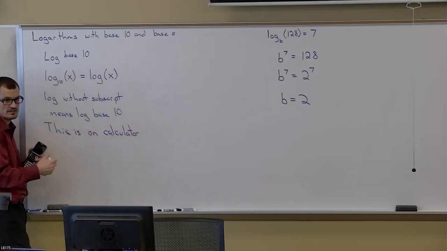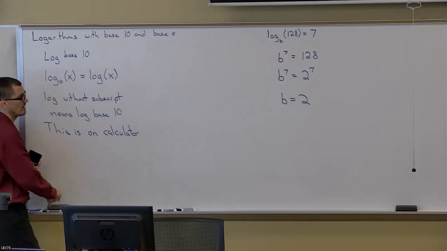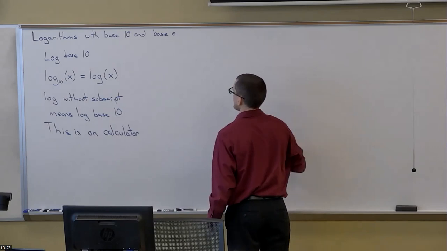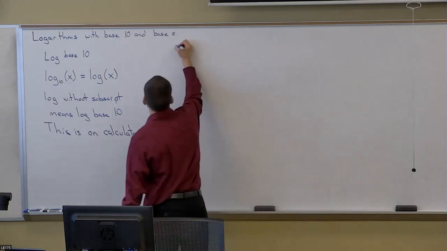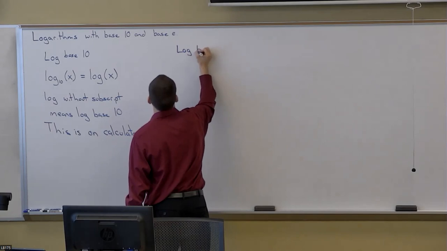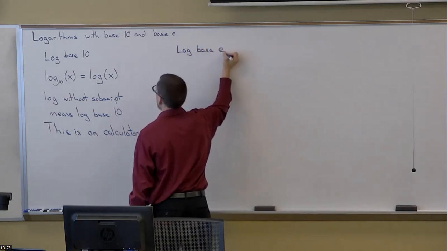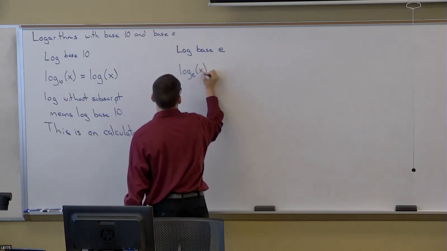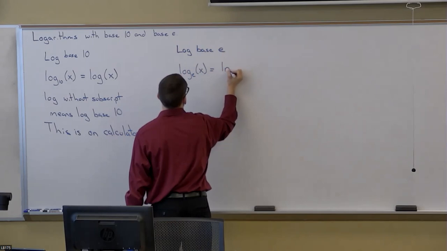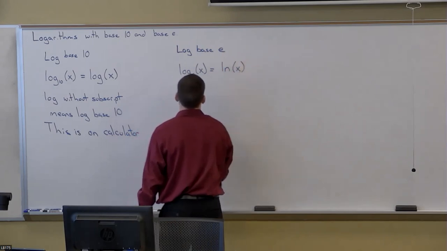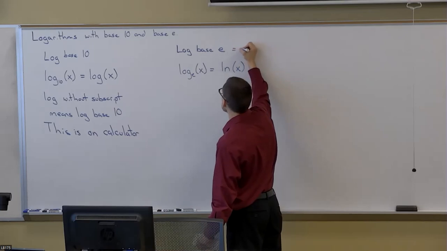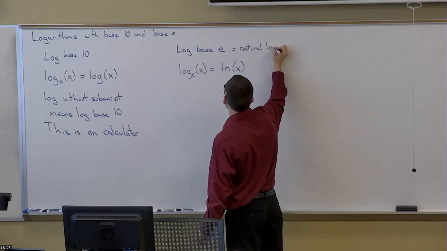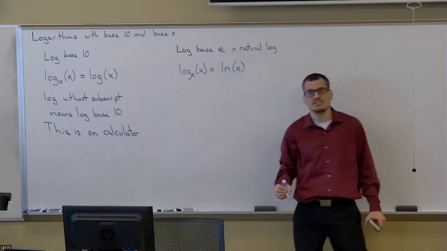So this is a button on our calculator. The other log that's on our calculator is log base e. Log base e on our calculator is actually ln of x. Log base e is also known as the natural log